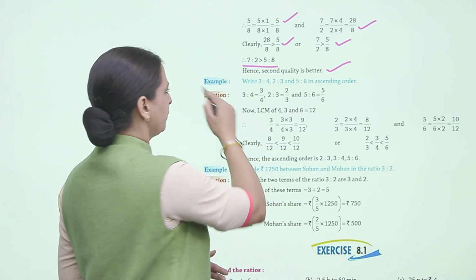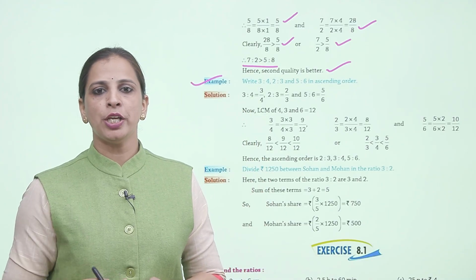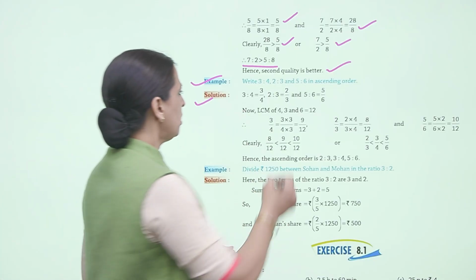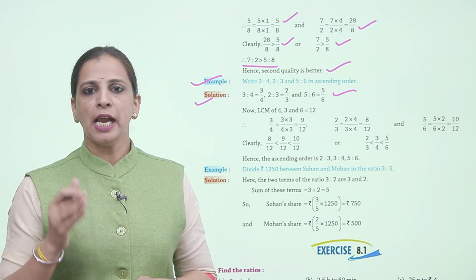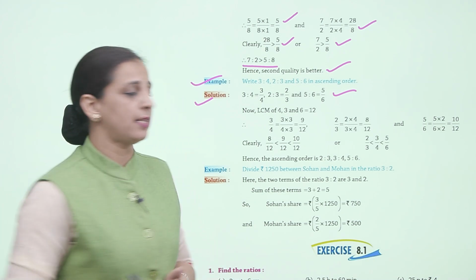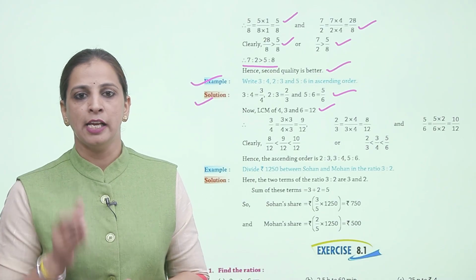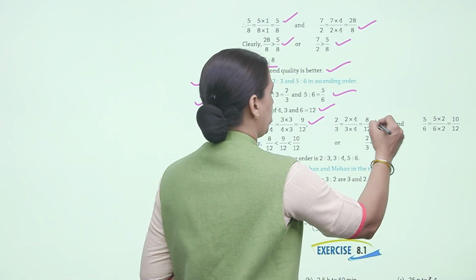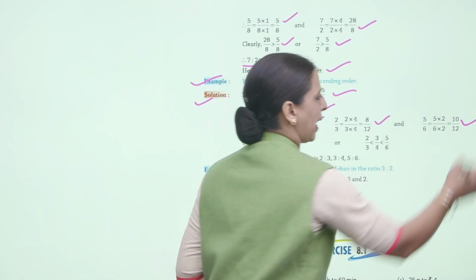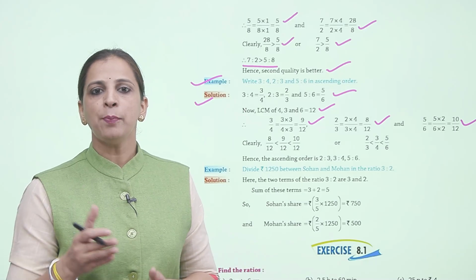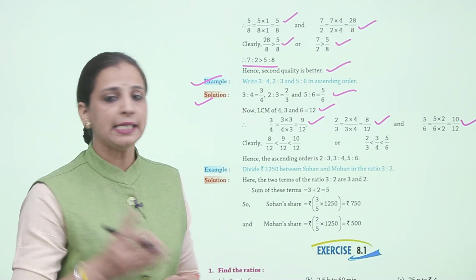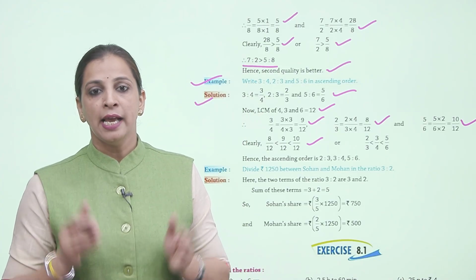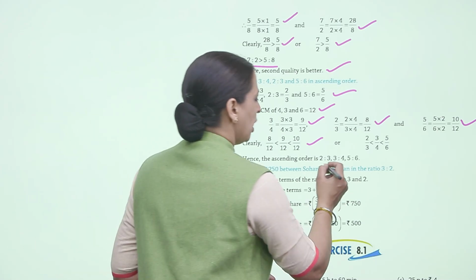Now next example. Write 3:4, 2:3 and 5:6 in ascending order. Solution करते हैं. सबको हमने fractions में convert किया. 3 by 4, 2/3 and 5/6. Now LCM of 4, 3 and 6 is 12. अब सभी के डिनोमिनेटर को 12 बनाना है. फर्स्ट वाले में 4 है, 4 को 3 से किया 9/12, 2/3, 3 को 4 से किया 8/12 and 6 को 2 से किया, that is 10/12. Now 8/12 is less than 9/12 is less than 10/12, or 2/3 is less than 3/4 is less than 5/6. Hence the ascending order is 2:3, 3:4,